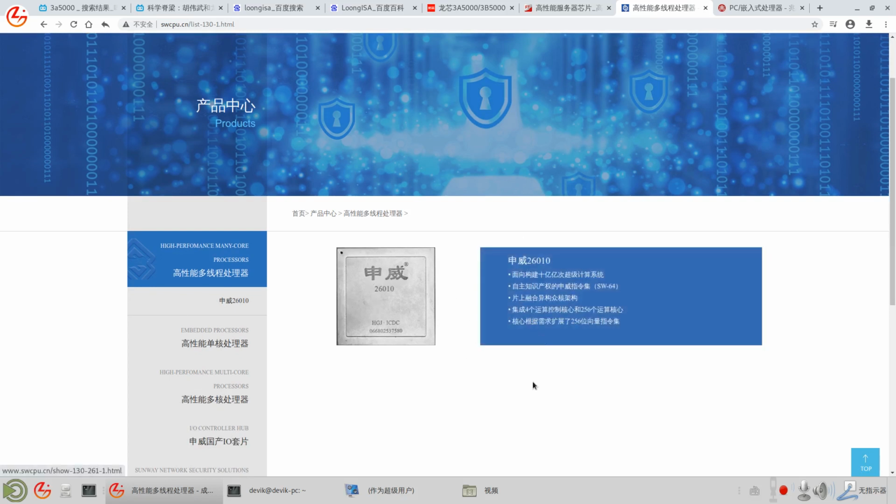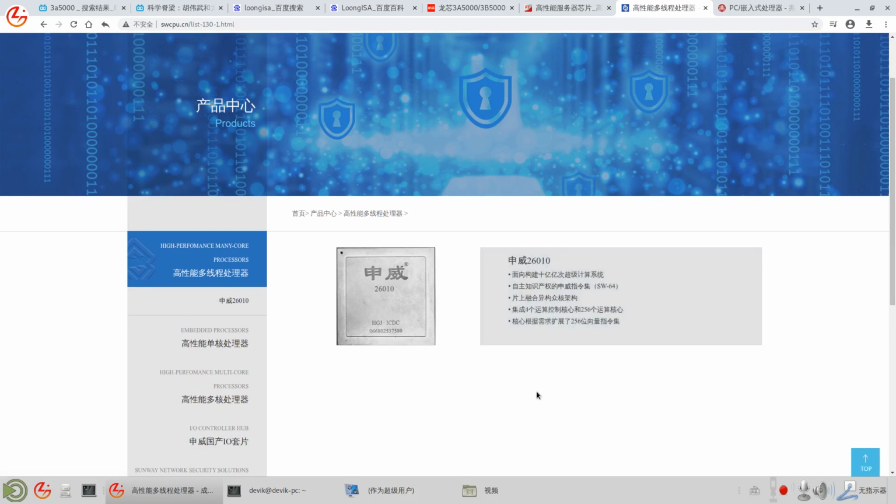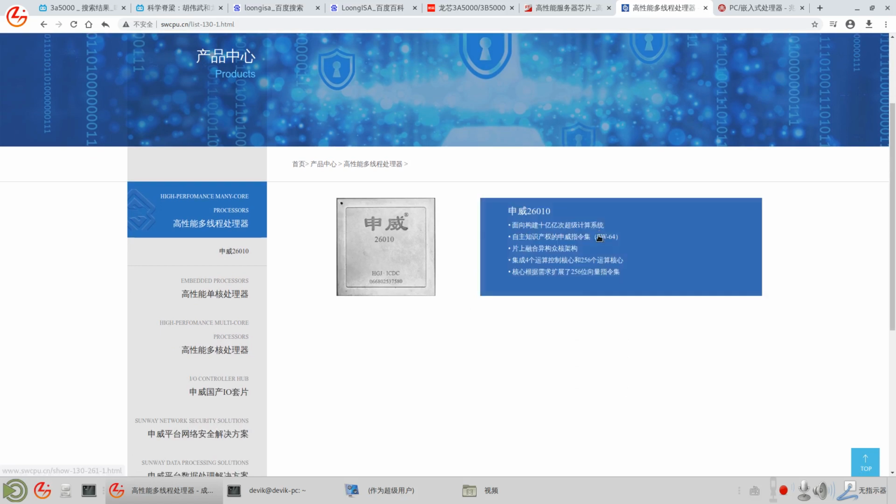Because Sunway's SW instruction set is SW64, so it's the same case as LoongArch, because it's a self-made instruction set. No need to care about other countries' sanctions or anything. That's very homegrown and very self-made, unlike ARM, which needs authority from ARM.